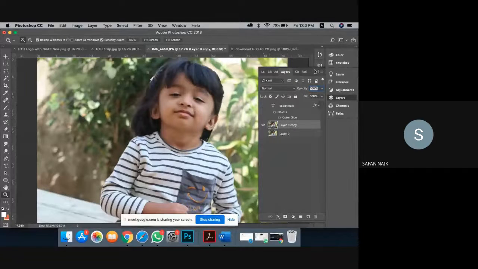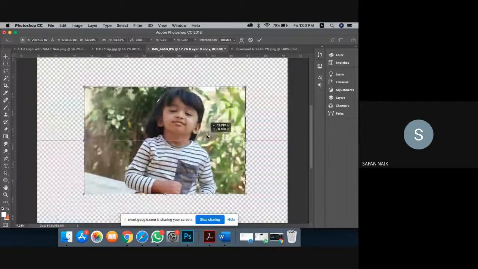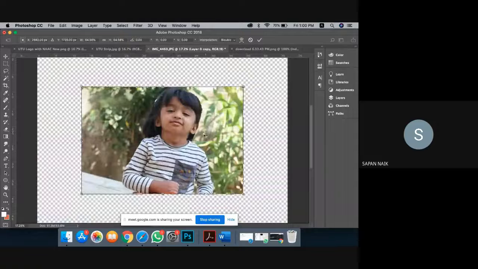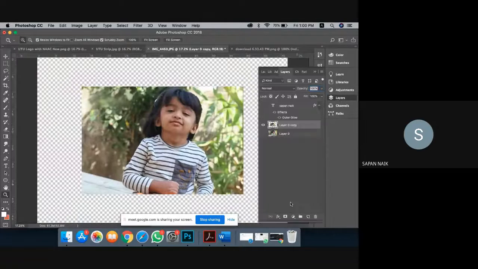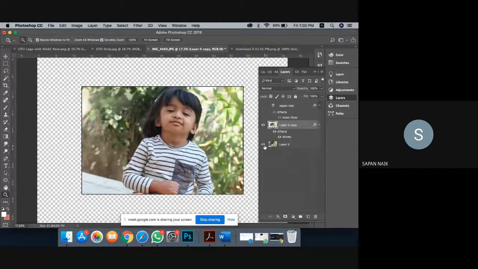Now what we are doing is, suppose this is my image, Control T, make it smaller. Now this is my image. Let me give the border. How to give a border? Stroke 10. And this is my background.